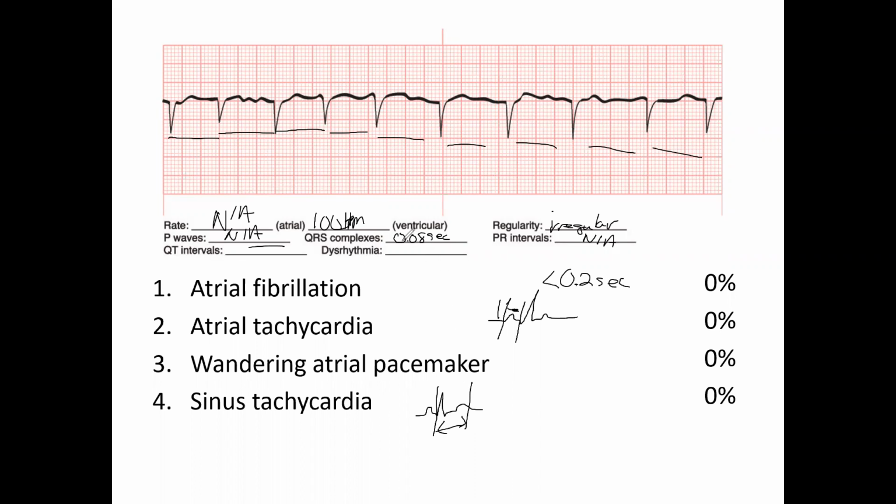Well, because this is multiple choice, we've got a few different things to look at. We've got atrial fibrillation. One thing to make note, when you have atrial fibrillation, you'll have no discernible P waves with atrial fibrillation. And one of the things that we want to make mention of too,